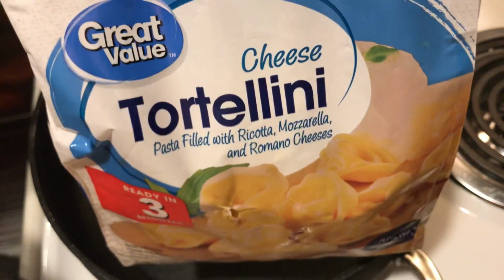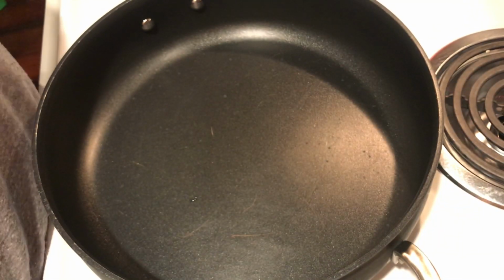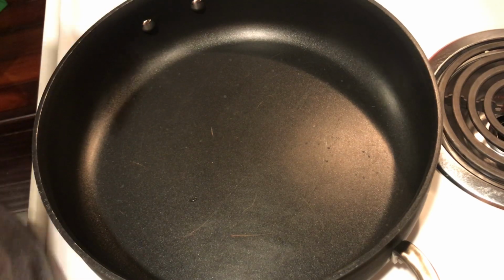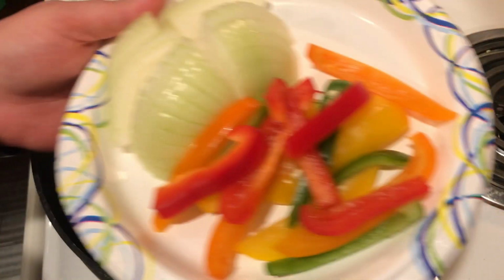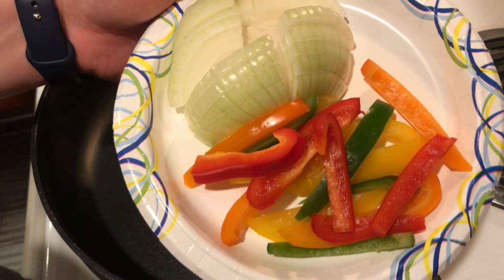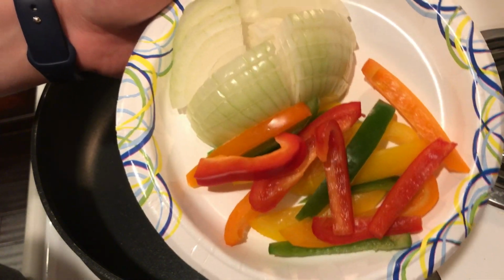But I'm starting out with the Great Value cheese tortellini. You guys know how much I love that stuff. It's super cheap and super delicious. Definitely another favorite is the beef smoked sausage. Always have that on hand. And then I was doing a meal prep video this day, so I had set aside some onions and peppers